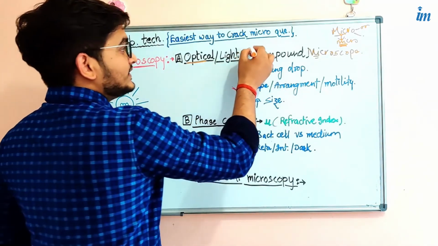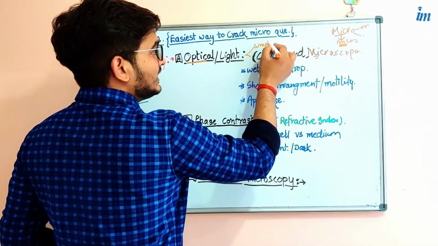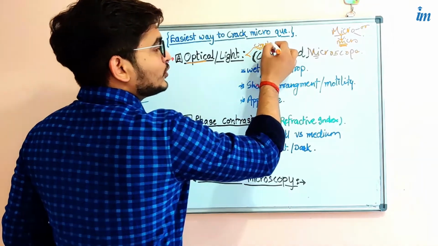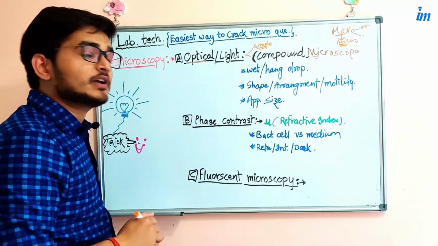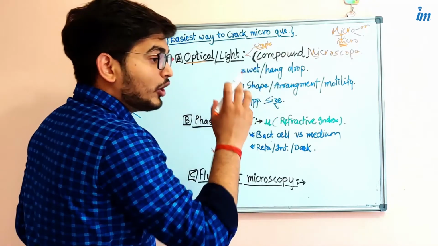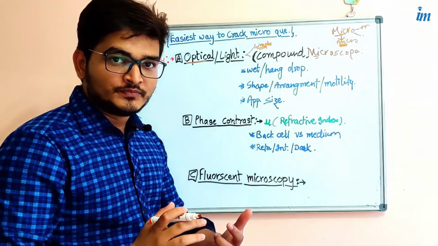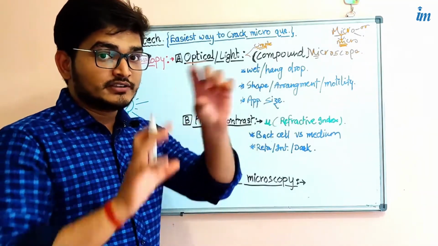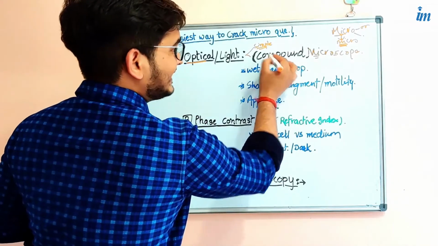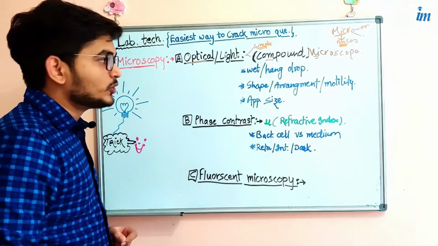Remember that when we studied histology in the first year, we had the simple microscope and the compound microscope. In a simple microscope, you simply have a lens and you watch something. But when you have objective, lens, focus, condenser, the proper aperture, that is a compound microscope. I will give you the image in the video showing the simple and the compound microscope. Most familiar in the classic way, we always use the compound microscope.